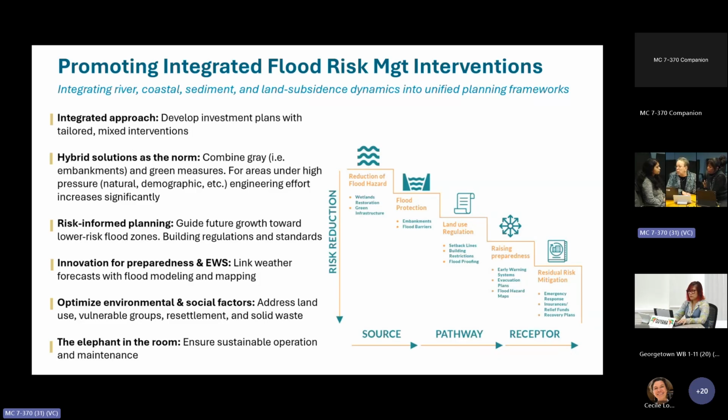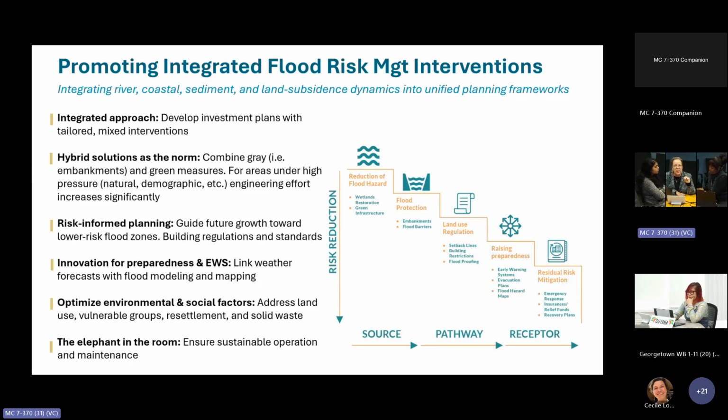And we see more and more projects including this type of subcomponents, and institutional strengthening for planning, emergency preparedness and response, early warning systems, of course, to manage any residual risk, but also accompanied with the traditional risk reduction for floods measures. It comes with all the environmental and social challenges that we have for the project implementation. So how we address land use, how we are addressing resettlement, the management of solid waste is a